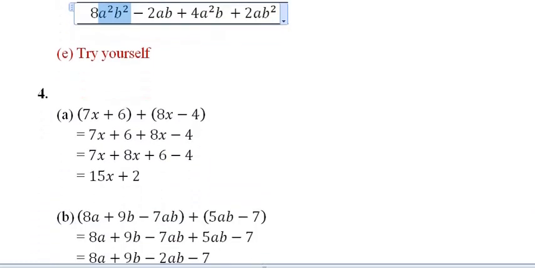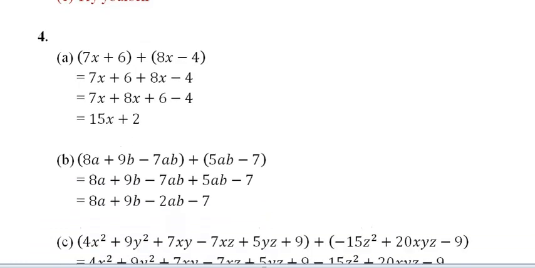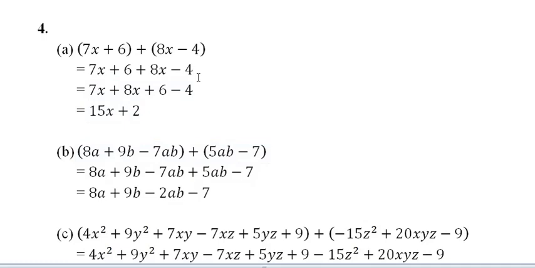Question number 4 is the same thing that we did in question number 3. In question number 3 we did the addition by the vertical method, or columnar method, or simply column method. Now in question number 4 we have to add the polynomials using a horizontal method. So the first term is 7x plus x, plus the second term, that is 8x minus 4. Now open the brackets, it will be 7x plus x, again plus 8x, and